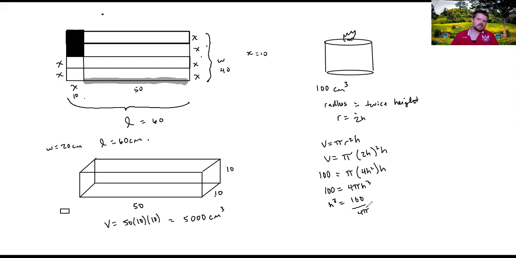And at this point, because it's telling me to round to the nearest tenth, that means I'm going to use a calculator to find that approximation. I'll take the cube root on both sides to get h by itself. So my answer is going to be the cube root of 100 divided by 4 pi. At this point, you want to pull out a graphing calculator, or Desmos, or a scientific calculator, something that has a pi key. So if I do 100 divided by 4 times 3.14, and then take the cube root,